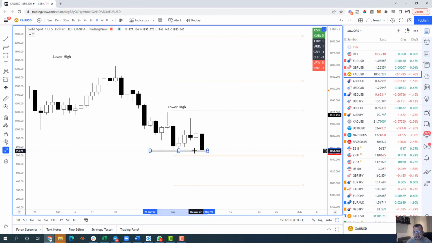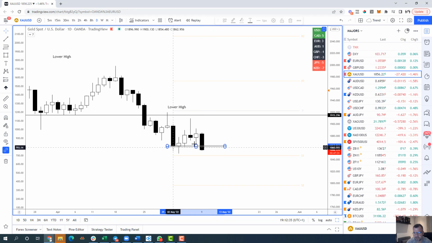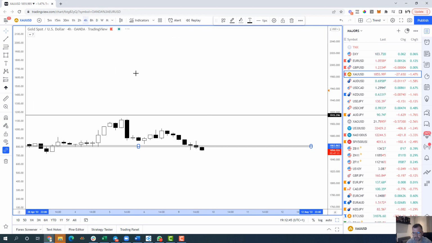So if today's candle closes below the previous candle support, which we can see was over here, this is going to give us an opportunity tomorrow that if we can basically rally back up into 1863, it should give us some opportunity. So going down to the 4-hour chart, what we can see right now is that the support that's